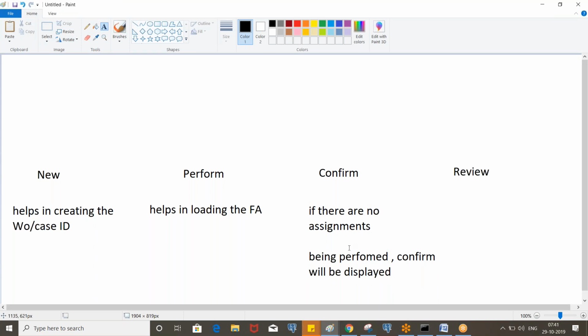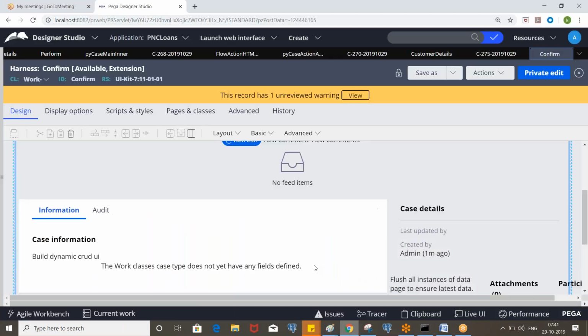Or if there are no assignments to be performed, the confirm harness will be displayed. Okay, so that's what we have seen, right? So that is invoked in the flow.